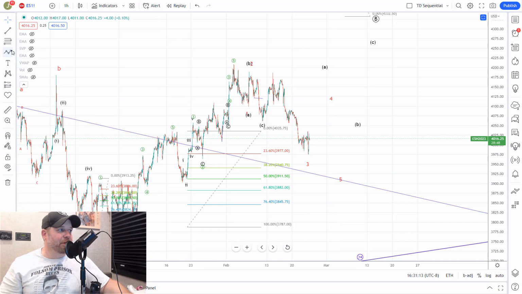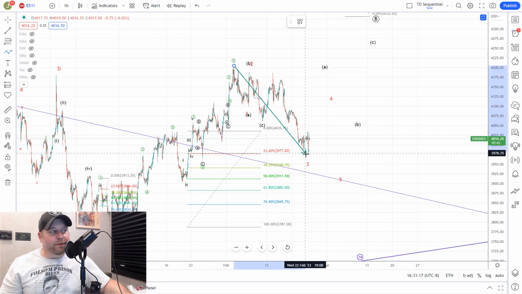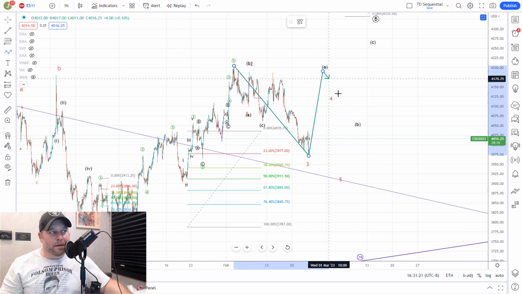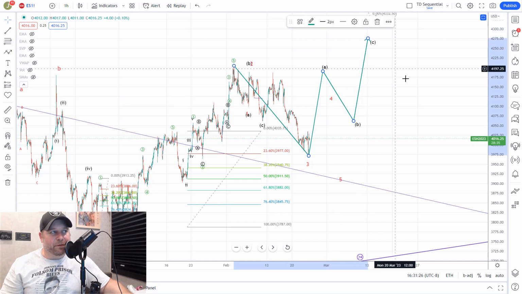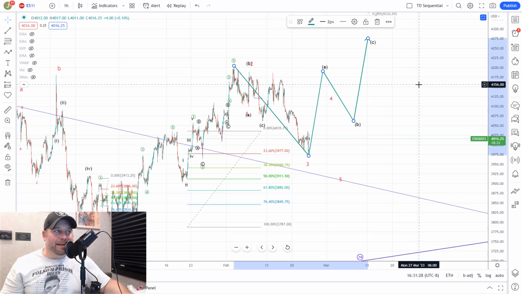bullish, and it is still alive. We've been talking about it for a while, where this was all of wave 3 to the upside. We have wave 4 down, completed, and then we get an A wave up, a B wave down, and a C wave up to complete wave 5 in the 4250 to 4300 area, which would complete all of wave C